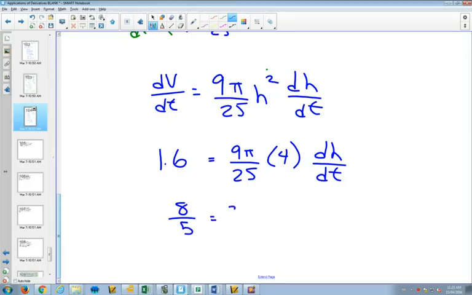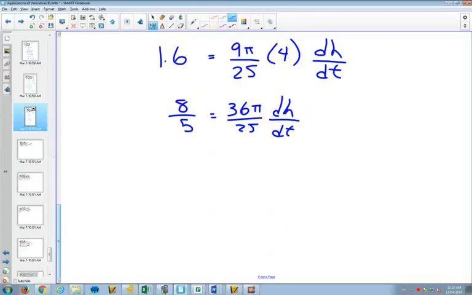And then here we're going to get 36 pi over 25 dH dt. Multiply both sides by 25 and divide both sides by 36. And we are going to get 20 over 9 pi dH dt. If you simplify it,